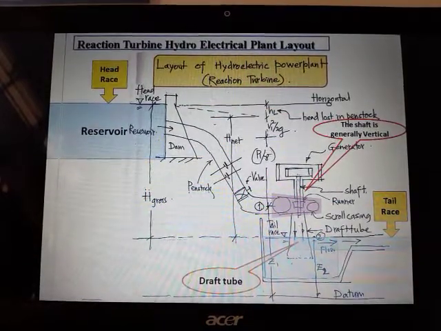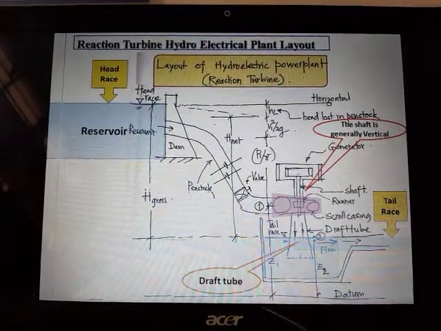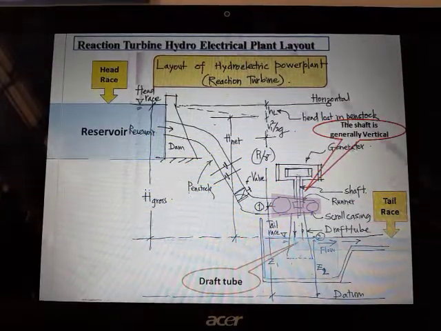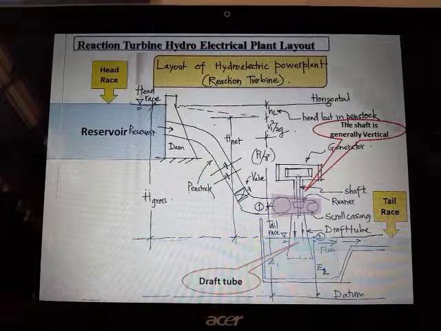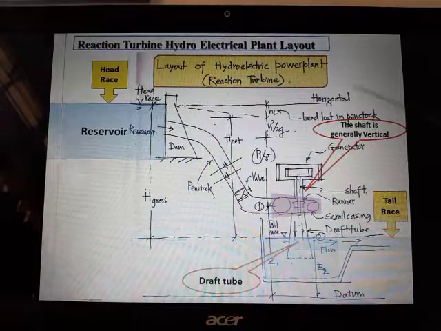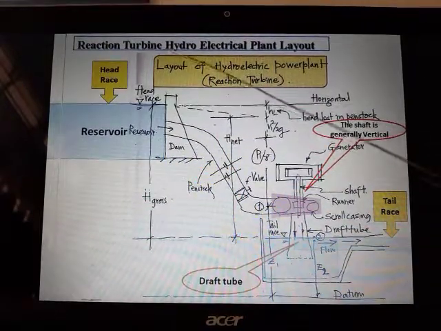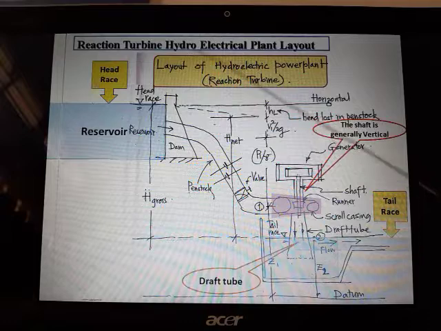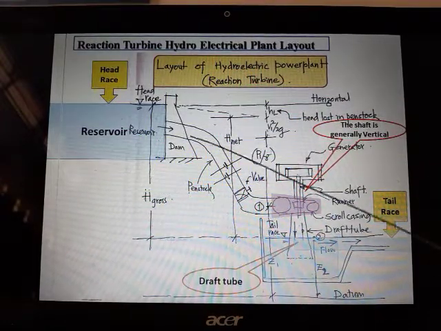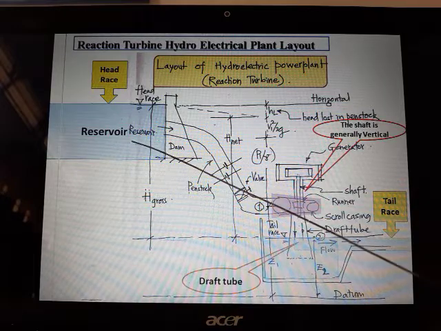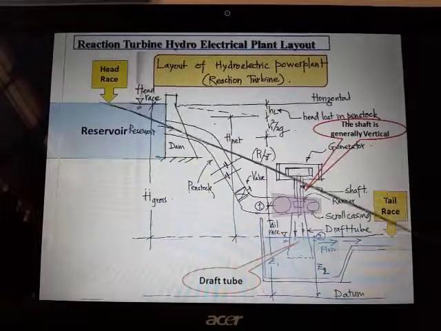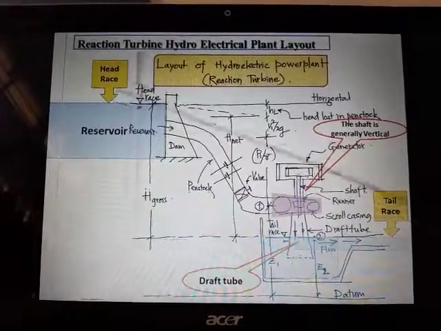Okay, from the exam point of view, if you want to draw the figure, what we have shown here is a reaction turbine. There are two turbines, that is reaction turbine and impulse turbine. So here I have a sketch where we have shown the reaction turbine, the hydroelectric plant layout, the overall layout. What are the things which are there here is, there is a dam, there is a reservoir behind, the top level or top surface of the water is called as